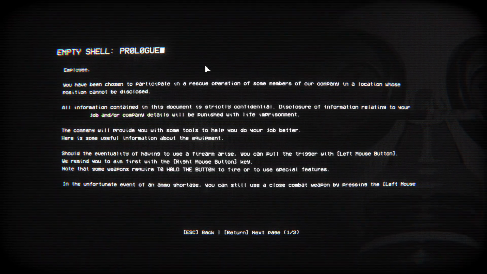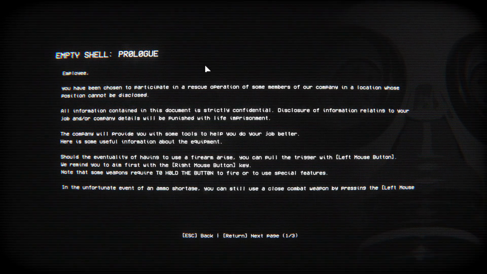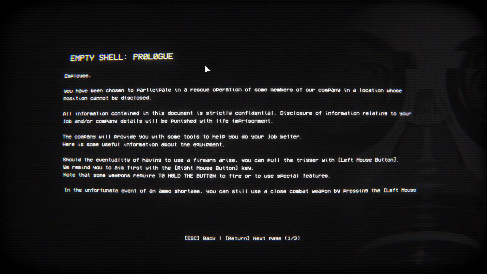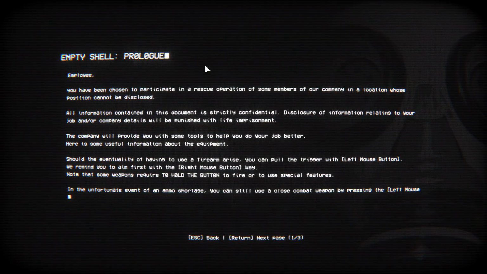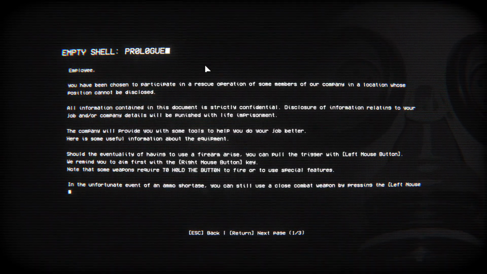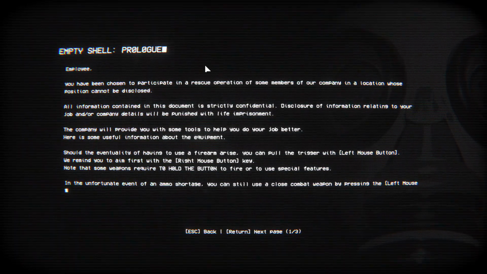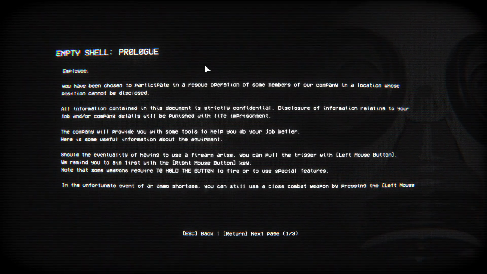Should the eventuality of having to use your firearm arise, you can pull the trigger with the left mouse button. We remind you to aim first with the right mouse button key. Note that some weapons require to hold the button to fire or to use special features. In the unfortunate event of an ammo shortage, you can still use a close combat weapon by pressing the left mouse